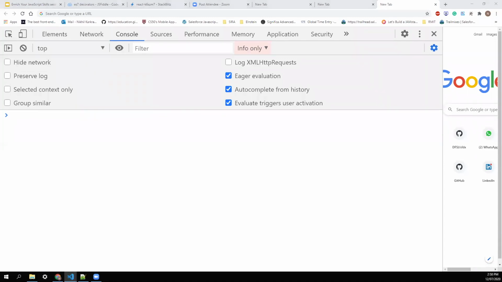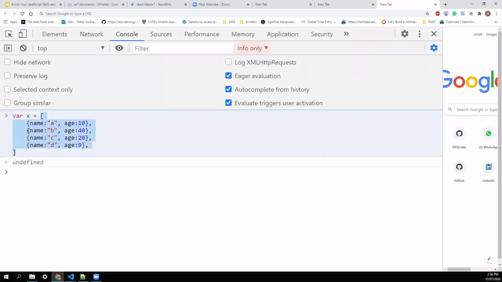And as it's a complex method, I would say, I created a complex structure this time. Till now we were working with a basic array. Now I created an array X that consists of 4 objects, so we call it an array of objects. Each object has a name property and an age property with different values.